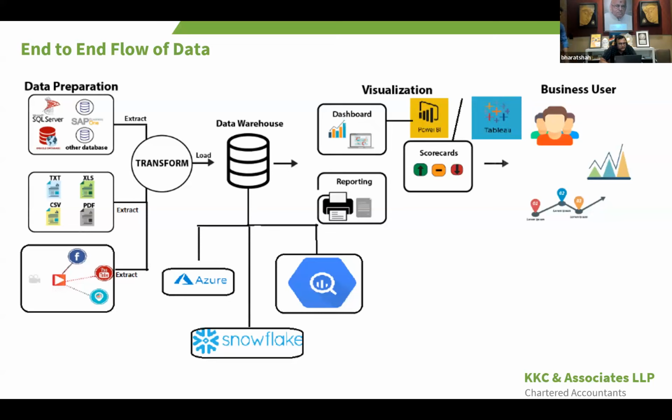Okay, so primarily, if you see any of the companies right now, they will have this kind of architecture where they will have the transaction systems, and then a data warehouse. This is for medium-sized firms and public limited companies as well. There is a huge opportunity for CAs like us, based on our domain knowledge, to help mid-sized firms move into using the power of analytics.